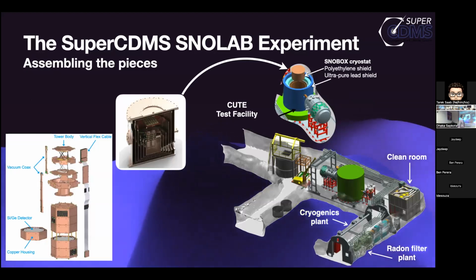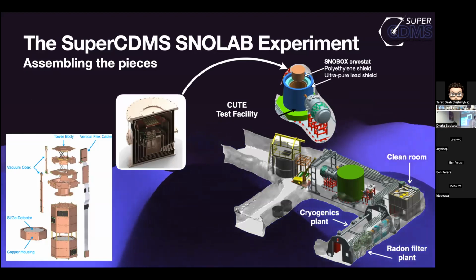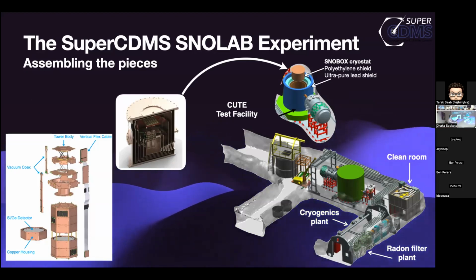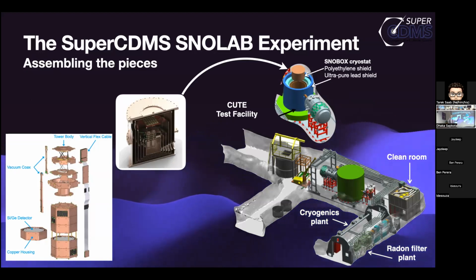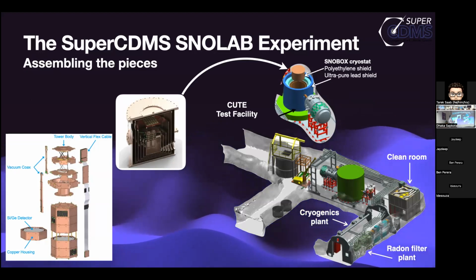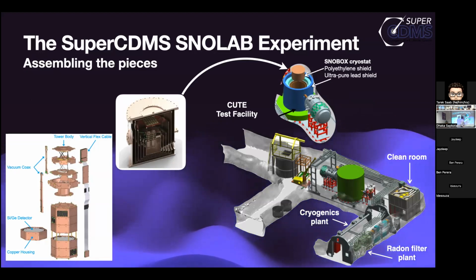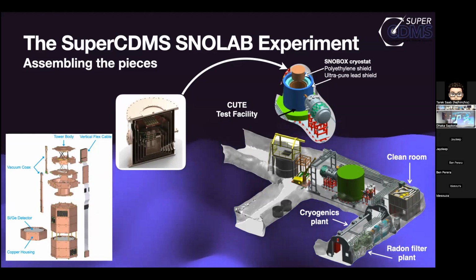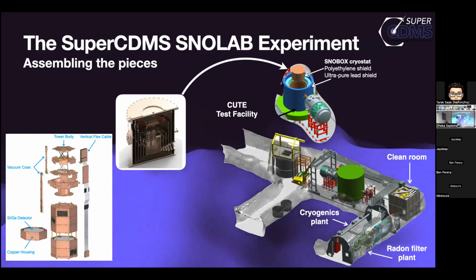The experiment itself, this is one area of the lab. You can see the hallways. It's going to be sited in this one corner. So in this green cylinder, the cylinder itself is shielding materials. It's polyethylene, meant to attenuate neutrons, and there's also some copper and lead meant to attenuate gamma rays. Inside of that, you have a cryostat. And the cryostat consists of copper shells that take you from room temperature down to liquid nitrogen, liquid helium, and ultimately the dilution refrigerator temperatures of 15 millikelvin. And the detectors go inside of that.